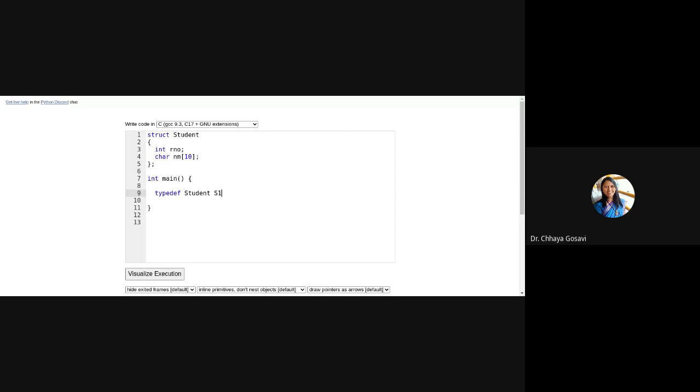Student S1, and say S1 dot roll number is equal to 10. S1 dot name is some name.